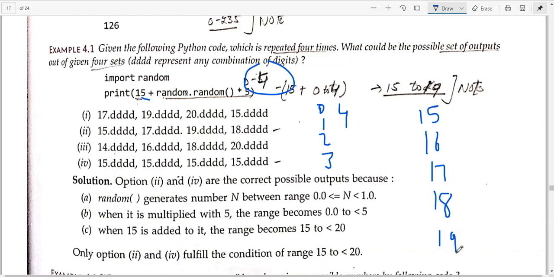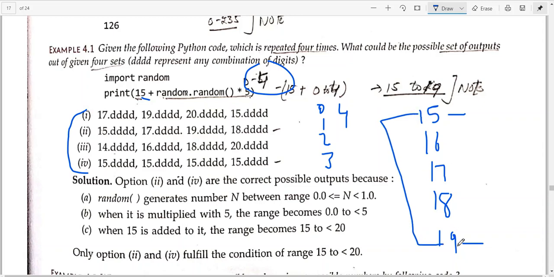The minimum number can be 15 and the maximum number can be 19. So numbers within this range, 15 to 19, will be generated by this particular statement. So all the options that have numbers within this valid range as output will be acceptable.